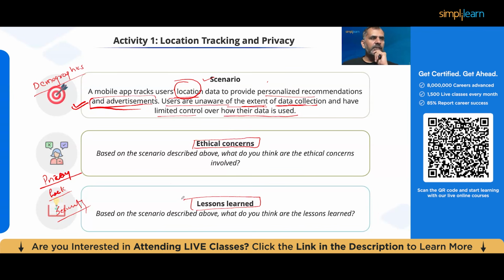Okay, so with that, what do you think? If these are the concerns, what are the lessons learned from this scenario? What do we need to introduce in our organization and in our application process? Very first, we need to put a very clear-cut transparency policy that says we are collecting this amount of data from you, and this data will be used for that purpose only. Then you need to have a proper privacy policy also. So there will be a clear-cut transparency and privacy policy.